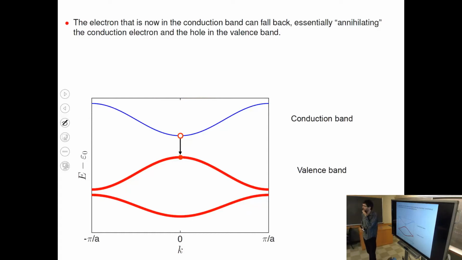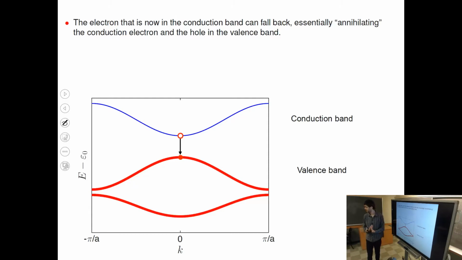Here is another property that can convince you that they can be thought of as particles. So you excite this electron into the conduction band. After some time, this is not an equilibrium situation, it can re-emit a photon with the energy of the band gap and relax back into the valence band. And so this electron will fall down and fill the complete valence band. So you can think about this process as an annihilation of an electron and a hole. They collide and they annihilate.